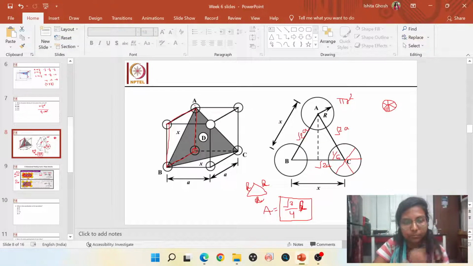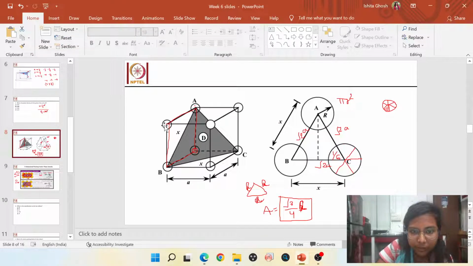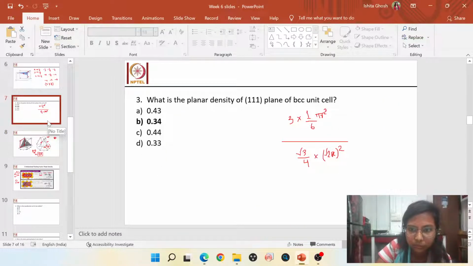Because so let me just put this slide here. Okay, so what we have, we need the area of the atoms. So we have 3 atoms, and for each atom we have 1/6 contribution, so it's 3 into 1 by 6. Now again we need the area of this plane. Now area of this plane will mean area of this equilateral triangle, and area of an equilateral triangle is root 3 by 4 times the edge length squared. And what is the edge length? The edge length is equal to root 2a, because this is a face diagonal. Okay, so here